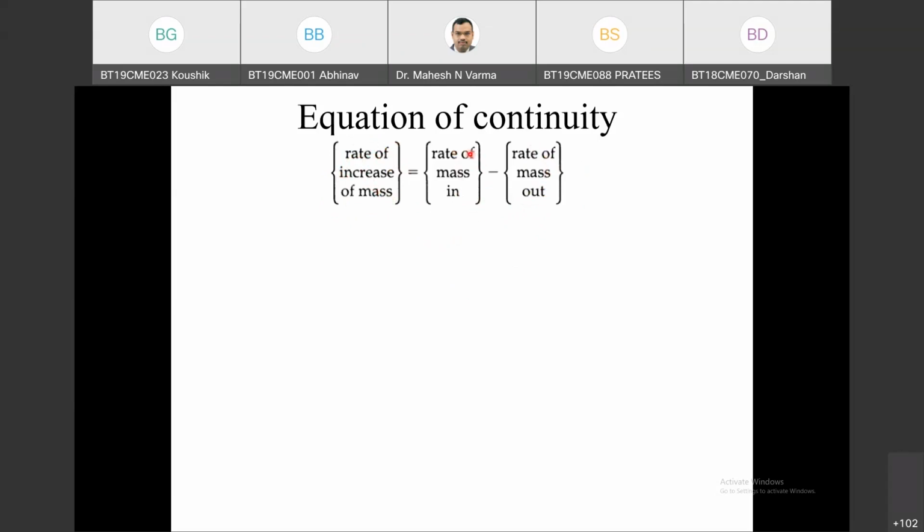So how to get rate? Roll number 2, Abhishek. Yes, sir. How to get rate? Rate of mass is kg per second, the change in mass per unit time. Okay, how to get rate? We can check what amount of mass is passing a cross sectional area in unit time. So cross sectional area multiplied by